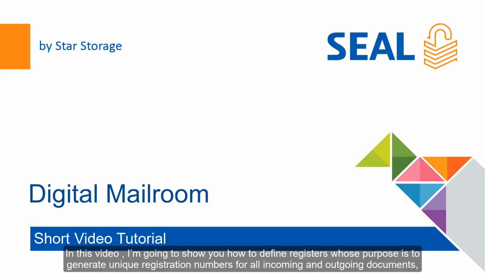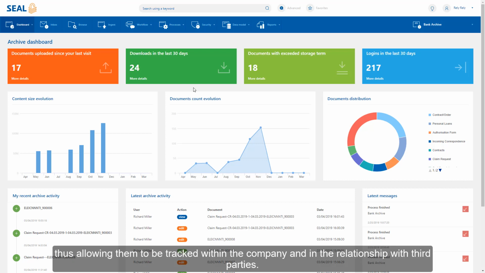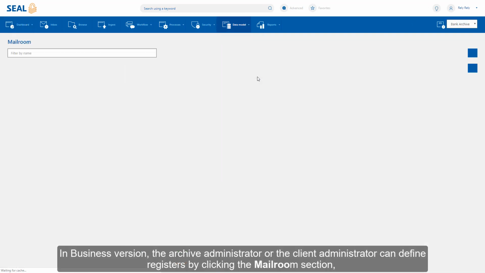In this video, I'm going to show you how to define registers whose purpose is to generate unique registration numbers for all incoming and outgoing documents, thus allowing them to be tracked within the company and in a relationship with third parties. In business version, the archive administrator or the client administrator can define registers by clicking the Mailroom section,